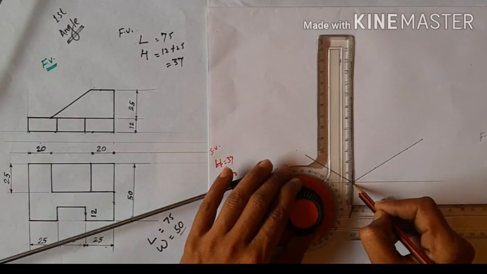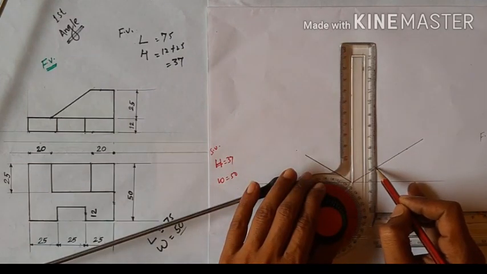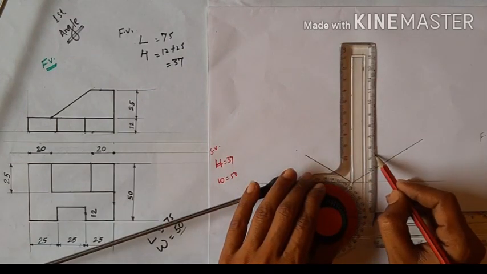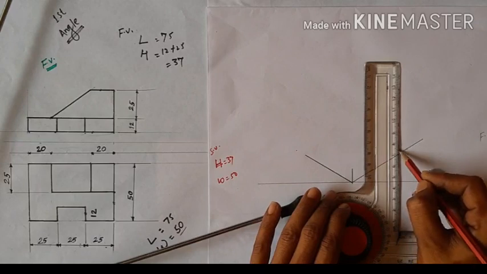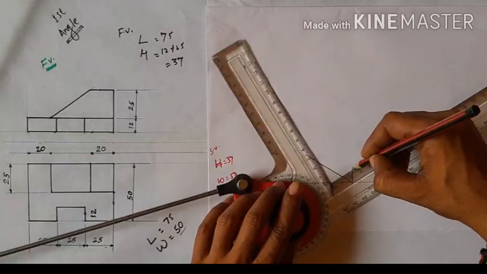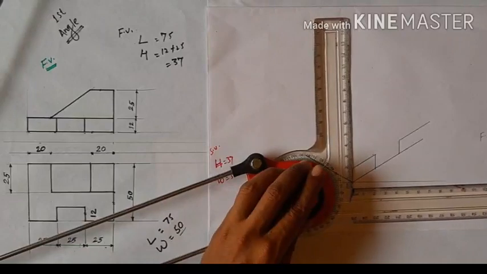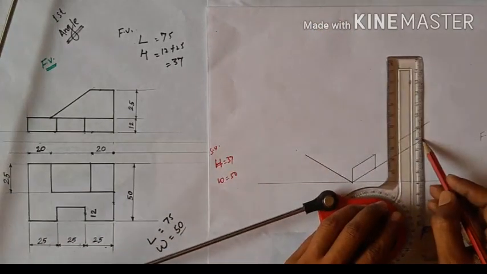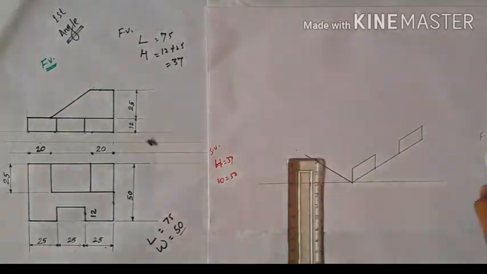From all the boxes, when we mark the point of 25 mm, from here we draw 12 mm height towards the upward side. Now joining this like this, and again we join the last line, putting MD parallel to it. So this is your two boxes of 12 mm height and 25 mm of length.